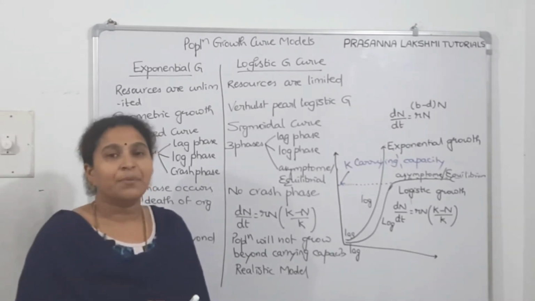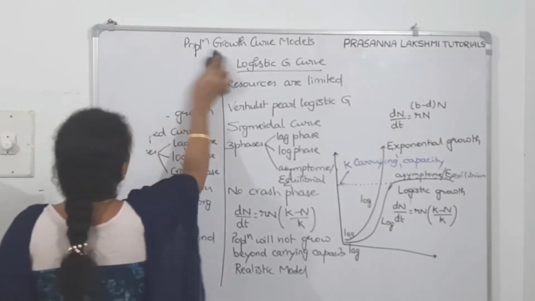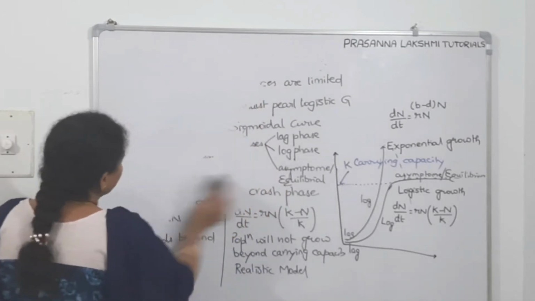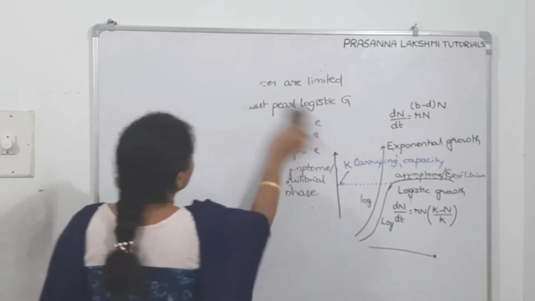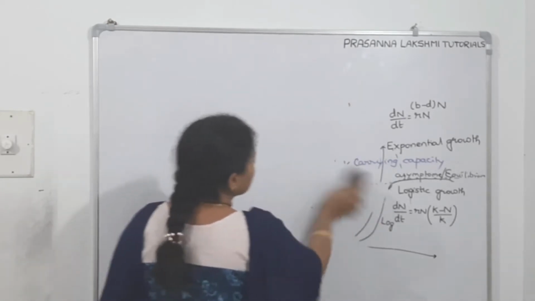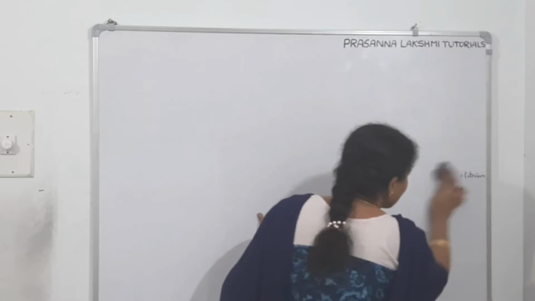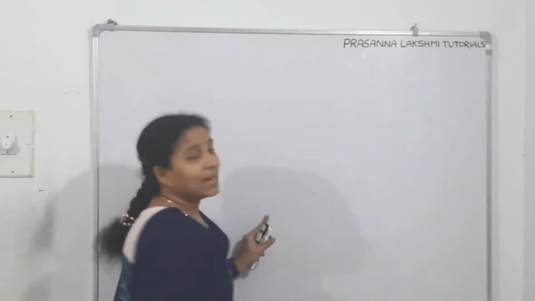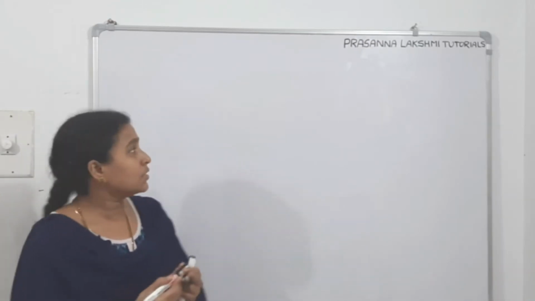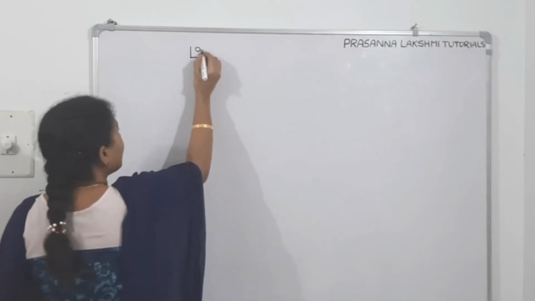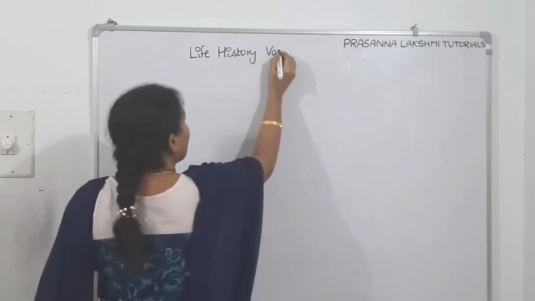Now the next topic in the chapter is life history variations. So let us talk about the next topic, which is called life history variations. Now what is life history? If you take a plant, life history is nothing but the life cycle. If you take the plant life cycle, what is that? Gametophytic stage, sporophytic stage. So these are the stages. And if you take animals, or take humans, in humans, infant stage, then after that adolescent stage, then adult stage, then senescent stage, and old age, like that we tell, right? So let us discuss our next topic. What is that? Life history variations.